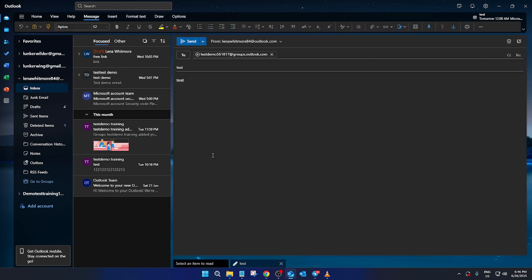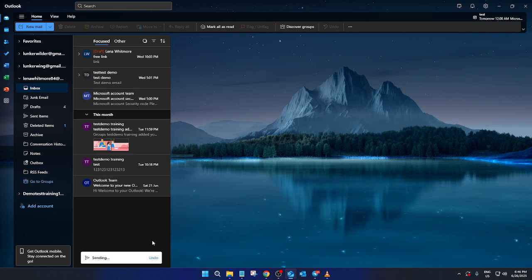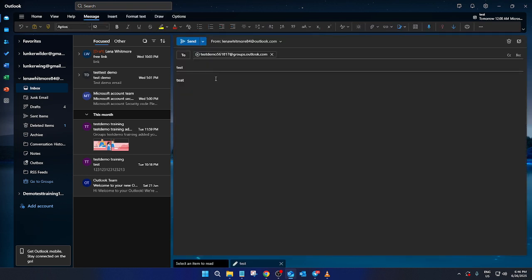Keep in mind, this ability to undo or recall an email is contingent upon acting quickly. The undo option only appears for a short period after you hit send. So, it's crucial to act promptly to successfully recall the email. Beyond that, always be sure to double check your email before sending. Checking for correct recipients, a complete message, and all necessary attachments can help you avoid needing to recall an email